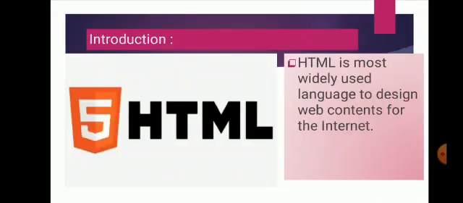The internet has become a vital part of our life. The internet presents information in the form of websites, and these websites consist of millions of pages called web pages that contain text, graphics, video, audio and links to other pages, that is hyperlinks. Maybe you have seen that when you open a page and click on a link, it will show a new page. That is called a hyperlink.